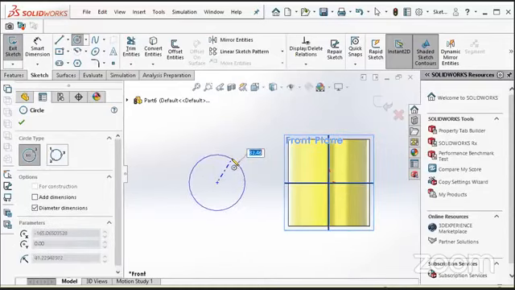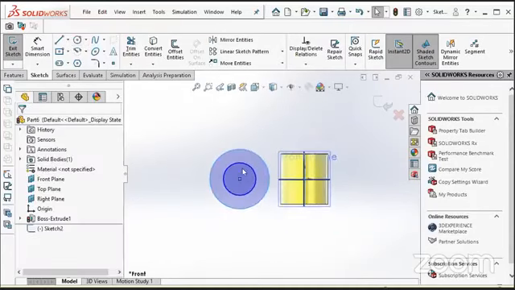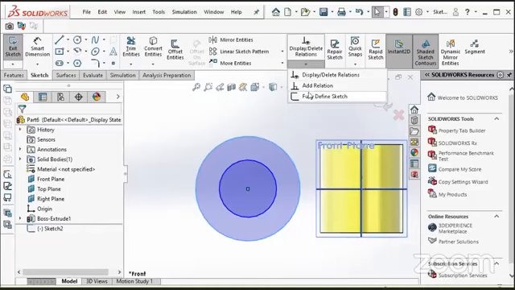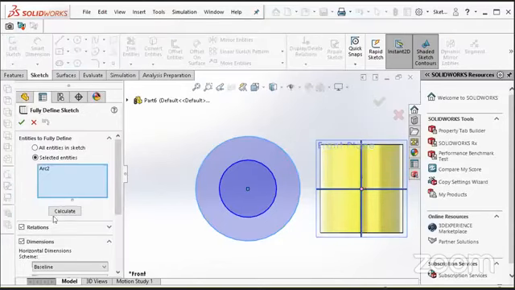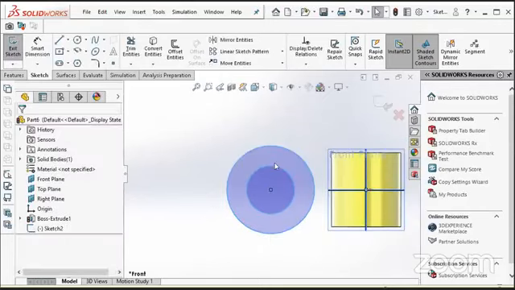I will make two cylinders again. This time I will not give it a value, but I will use an option, fully defined sketch. What fully defined sketch does is that when your sketches are drawn but you have not provided the values, the fully defined sketch will give you the calculations and all possible values with the cylinders.